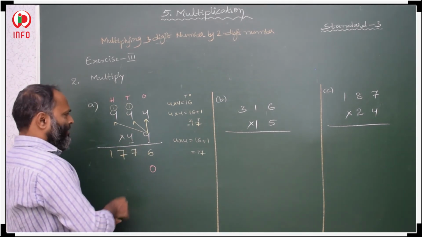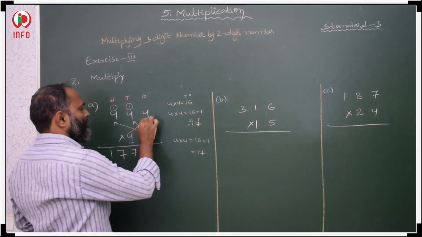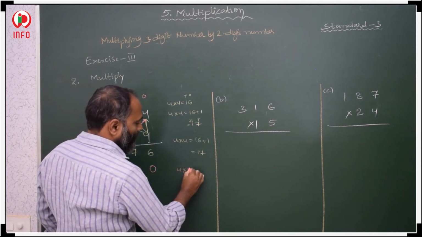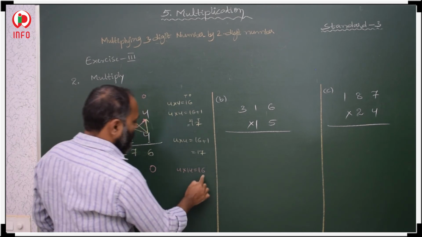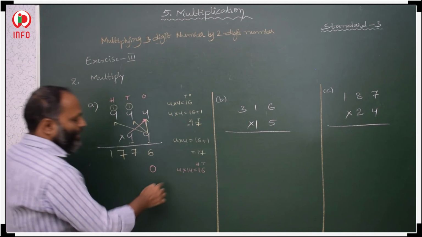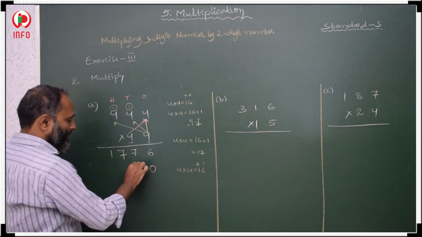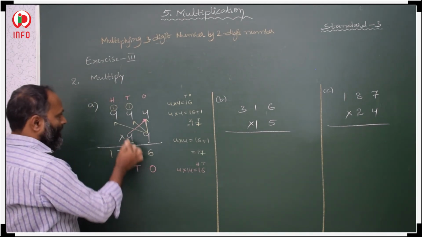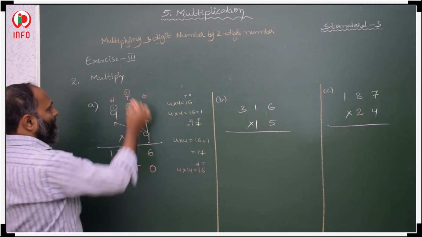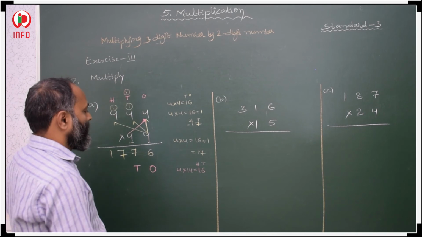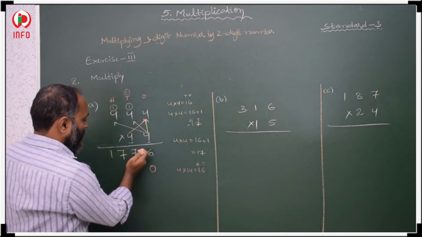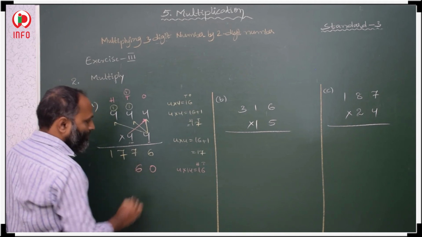Then after that 4 with this 4. 4 4s are 16. Now this 16, this is in tens place, this is in hundreds place. Now we start from hundreds place. Then 1 is here. 1 we have to take over in tens place. So in tens place, here we have to take 6.